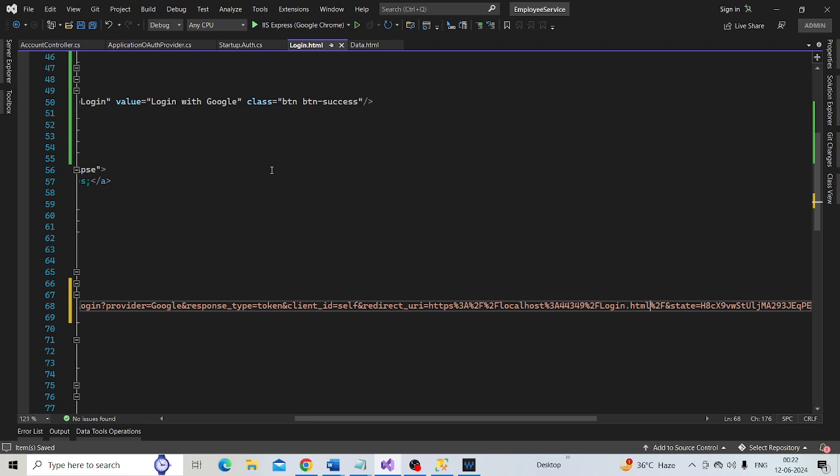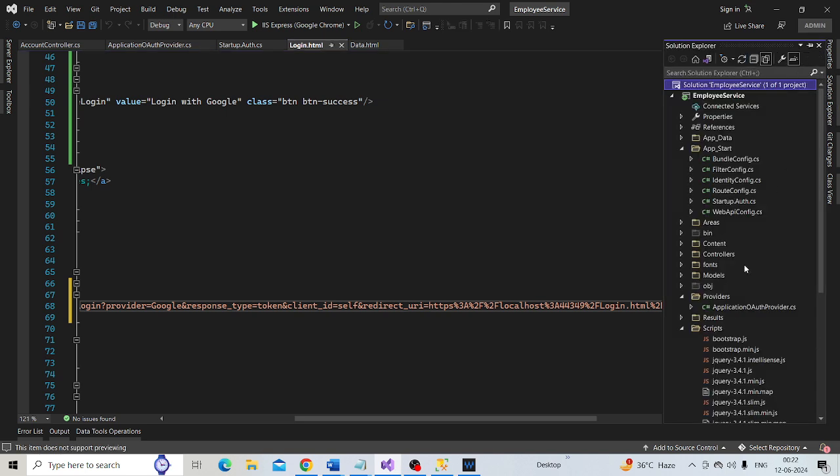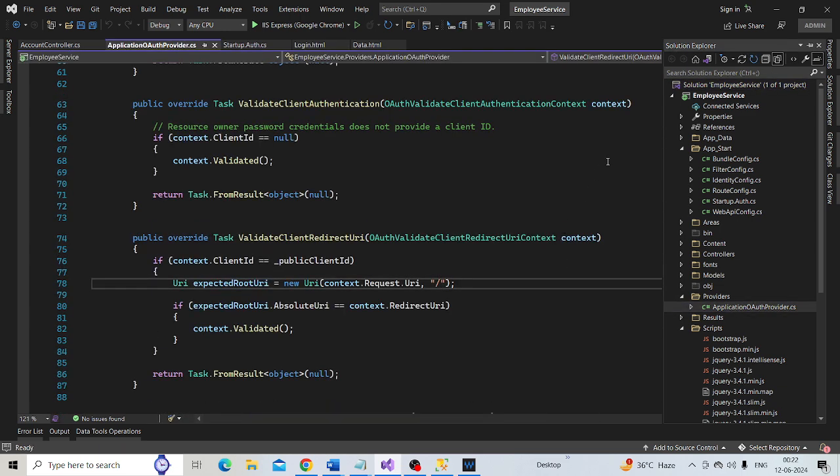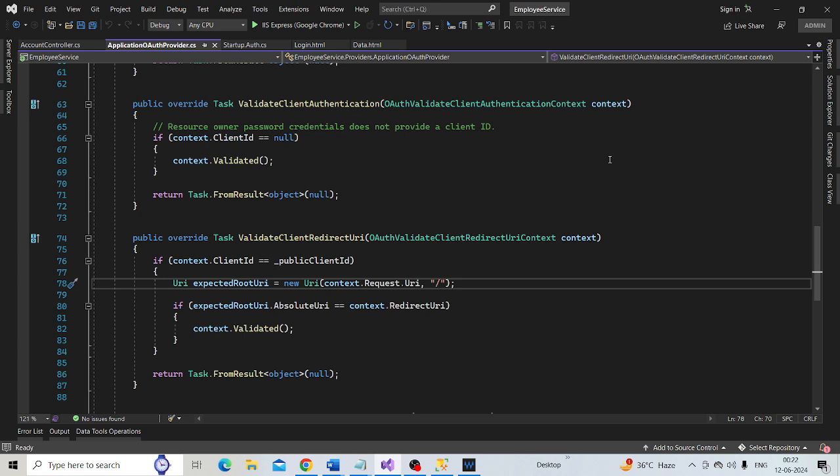And we also need to make one more change in the ApplicationOAuthProvider file. You can find this file in the Provider folder. So let's open the file, and we want to make a change in the ValidateClientRedirectUri method.